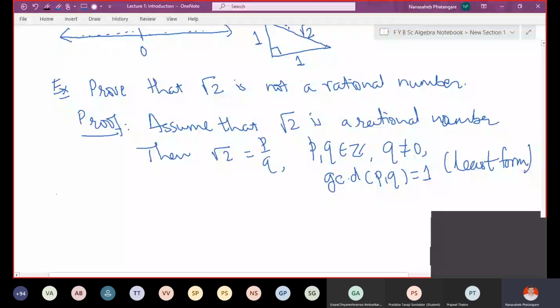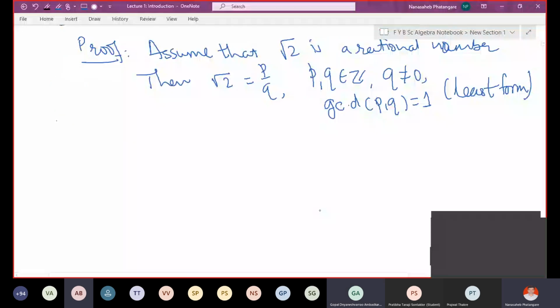We assume. The screen is not visible. Can you? happening in between. Okay, it might be happening due to internet connectivity, so that may happen. But is it visible now? Yes, sir. Yes, sir. Yeah. Yeah. Yes, sir. Okay. So,